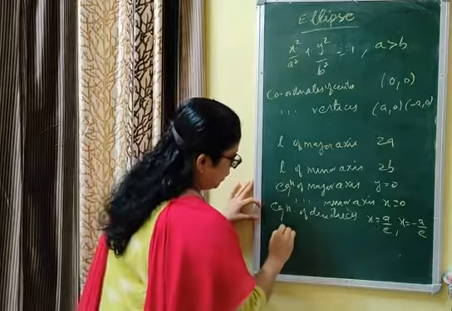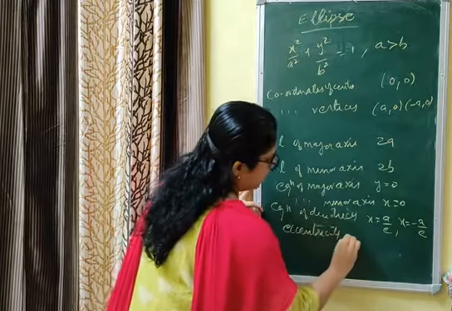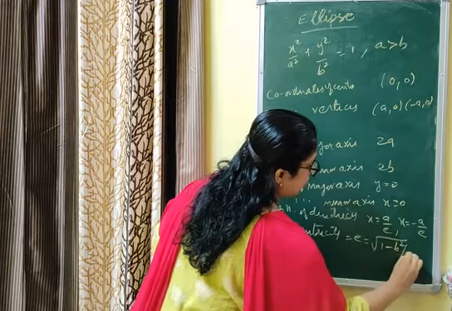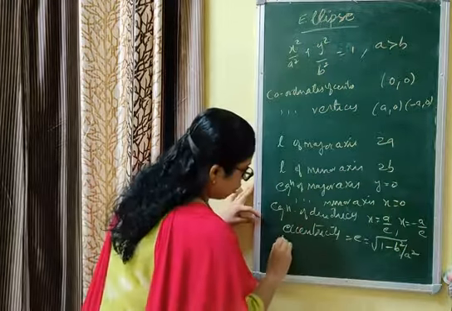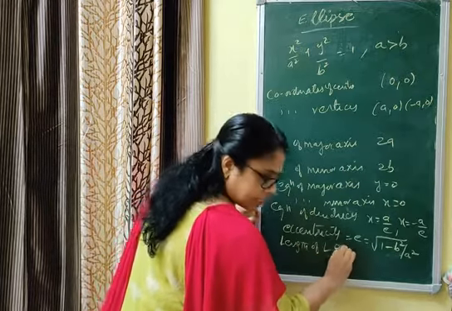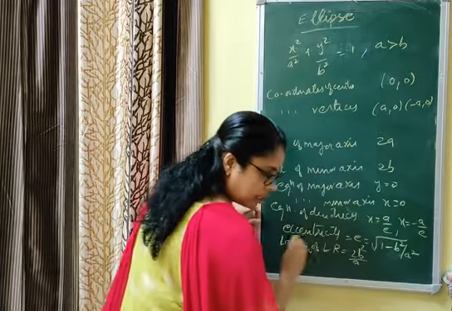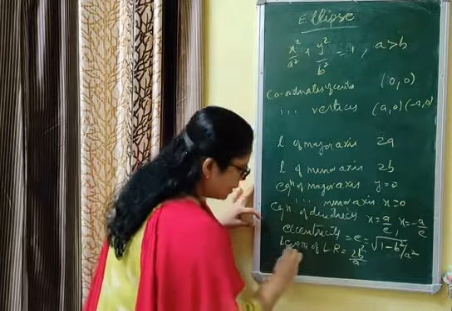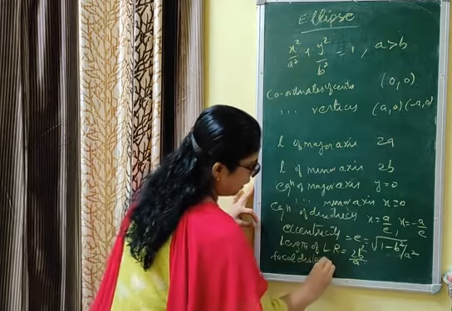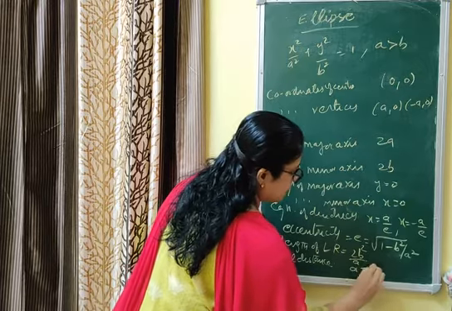Now eccentricity find out करने का formula, eccentricity is equal to e is equal to under root of 1 minus b square by a square. Now length of latus rectum, length of LR means latus rectum is 2b square by a. Now last one is focal distance, that is not important. Focal distance of P(x, y), any point, is equal to a plus or minus ex.